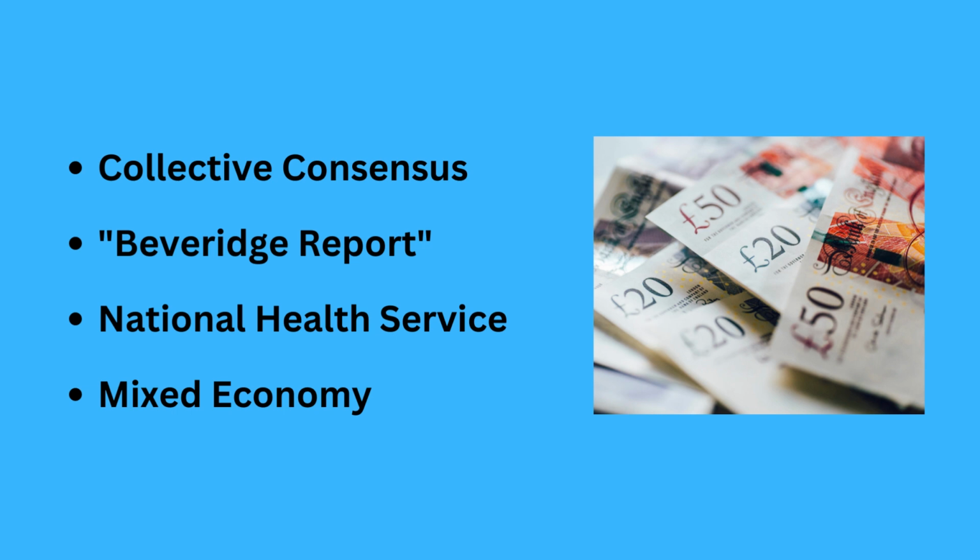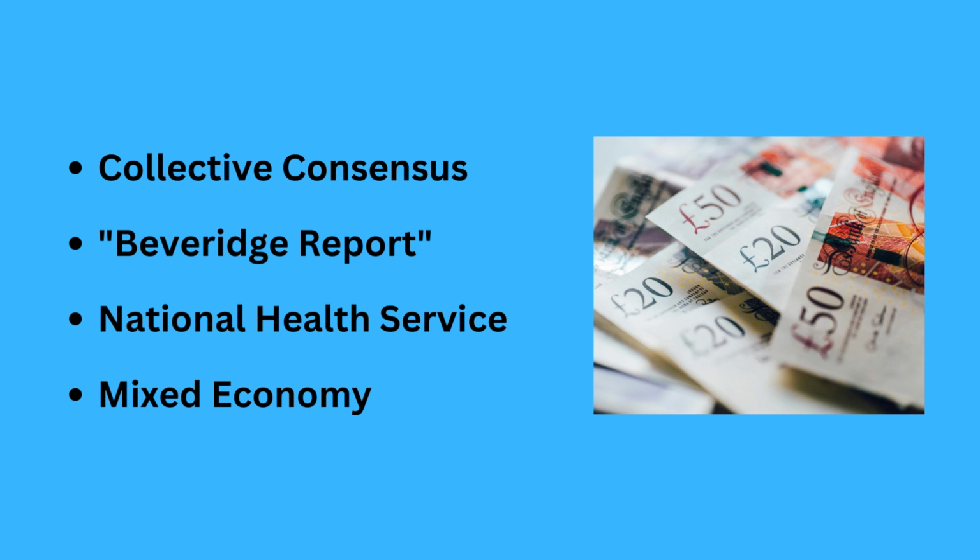And it also led to the British government taking much more control and a much more active role in the economy. Key to this is the Beveridge Report. The Beveridge Report was a report that was issued in the early 1950s. And the idea behind it was that there should be social service programs. The state needed to be more active in providing things like healthcare, education, employment, pension, and other benefits.